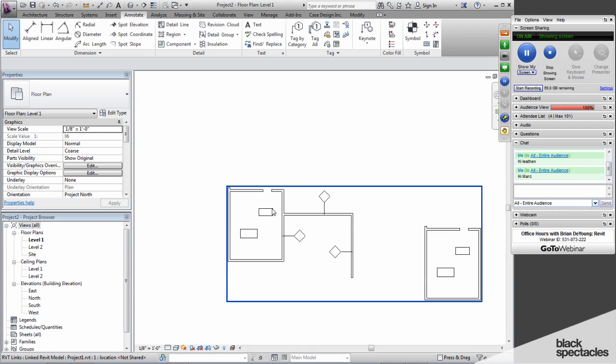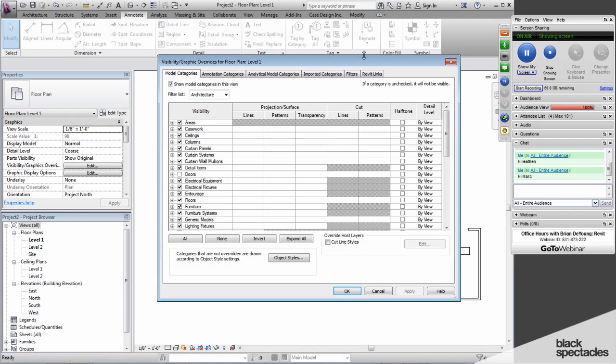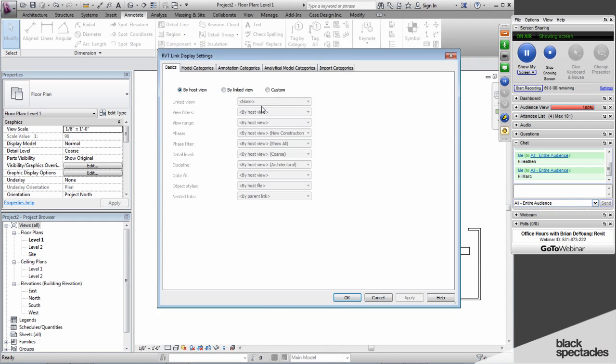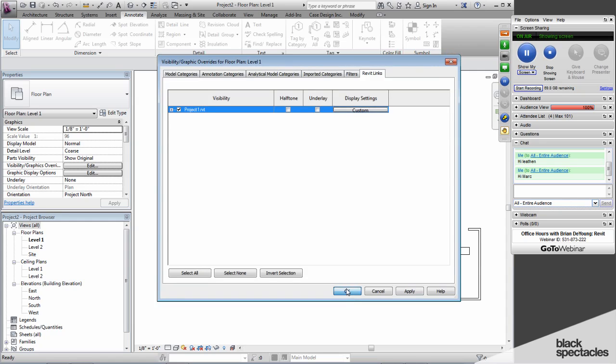And maybe you want to display one link a little bit differently than another link. Then what you have to do is control it by link. So rather than controlling the settings from here, what you would do is go to Revit Links, click on By Host View, and then you can say Custom, and then you can set these overall custom things. Or you can go into the individual tabs. You can say Model Categories, set that to Custom, and then I can turn the door on here,